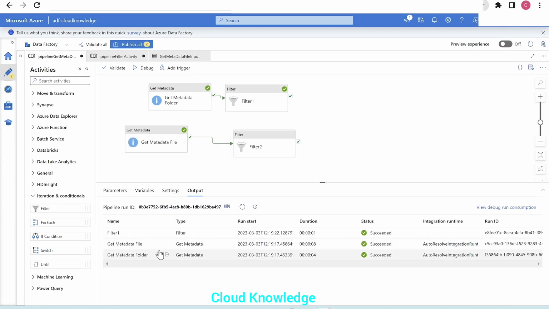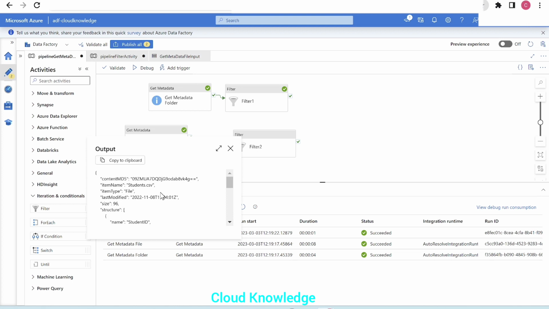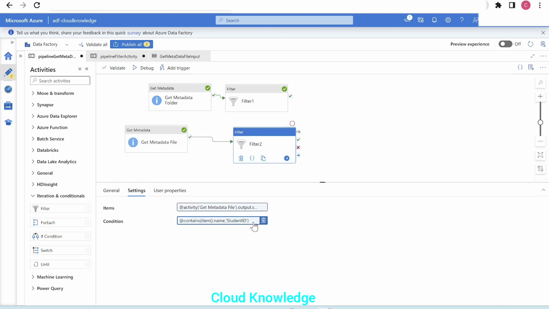Because here we have seen that inside the structure array we have name and type. So in order to distinguish which element to refer, we have given name, and our column student ID is referenced by name. If it contains student ID in the item.name, then filter that out for me. So we'll perform a debug run